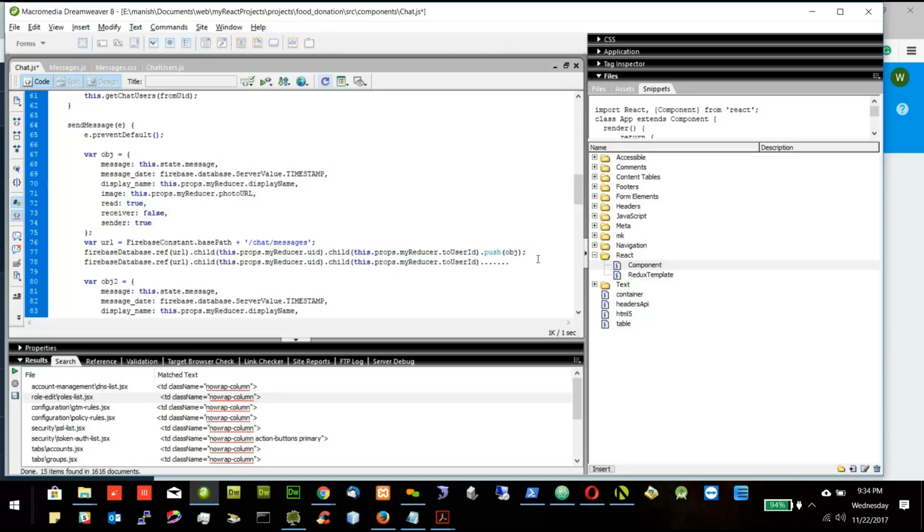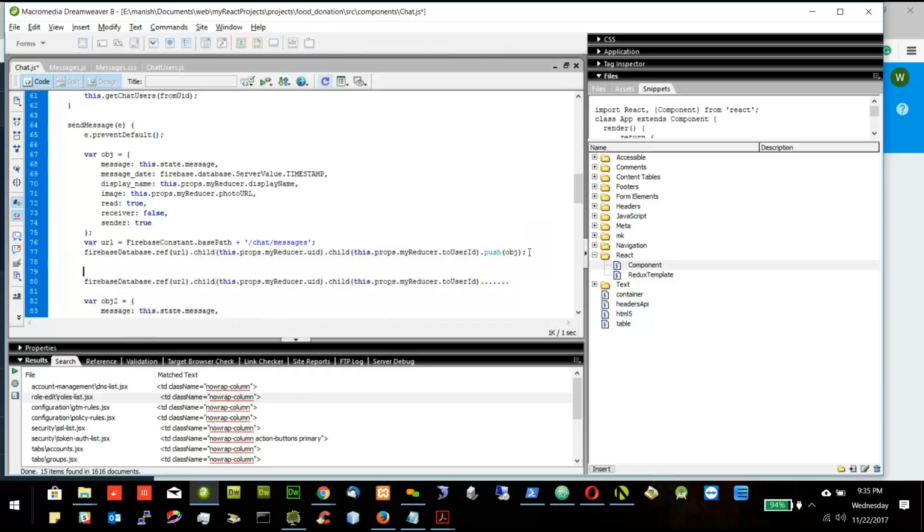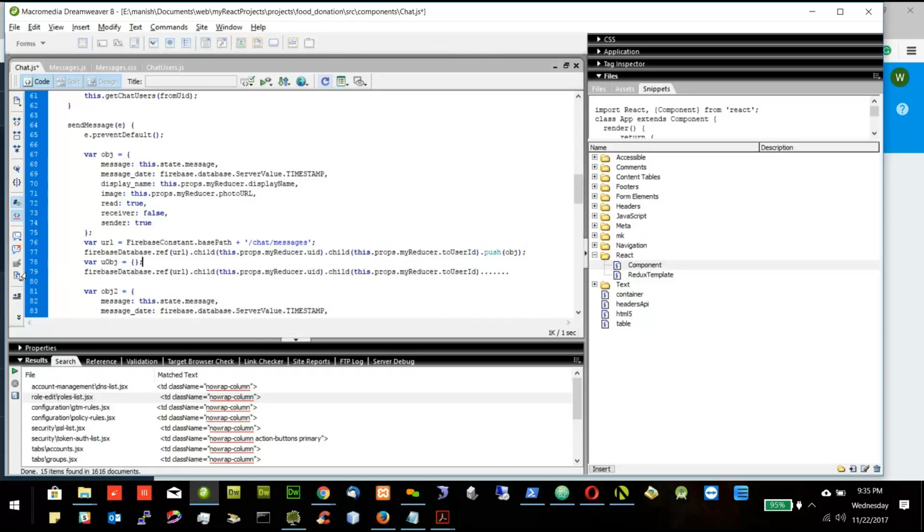What should I put? I will decide now. So maybe I will create another object called var viewObj equal to, I will create some object and I will update that object here. So it will be like